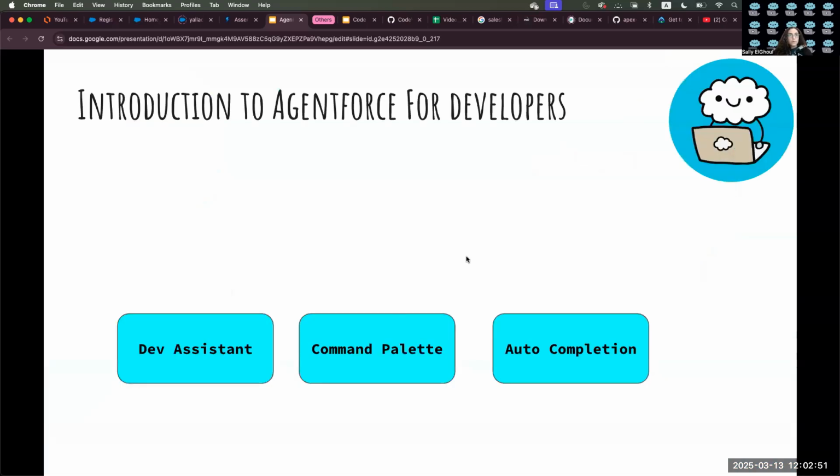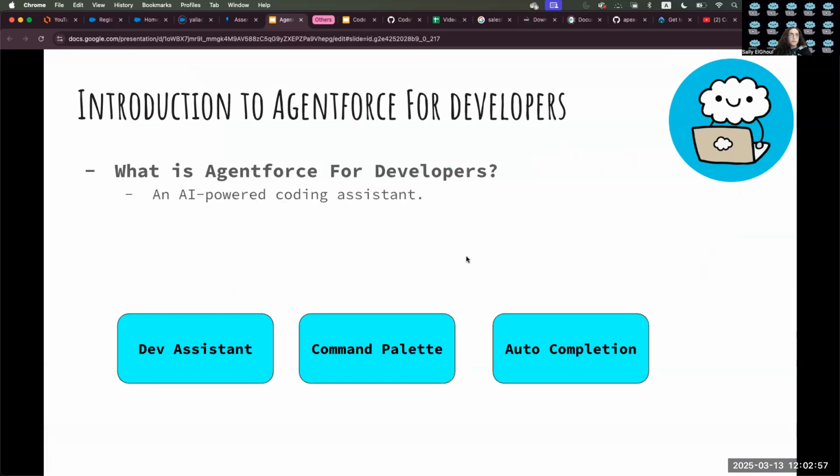So Agentforce for developers, you can think about it as an assistant with you while you are working. It's something that you can use whether through Visual Studio Code or Code Builder. Within Visual Studio Code, we'll see today how quickly we can install it and set it up. With Code Builder, it's already installed and ready for you to use. It's like an AI assistant that can help you with different scenarios and use cases while working